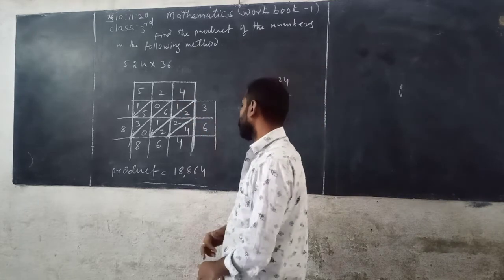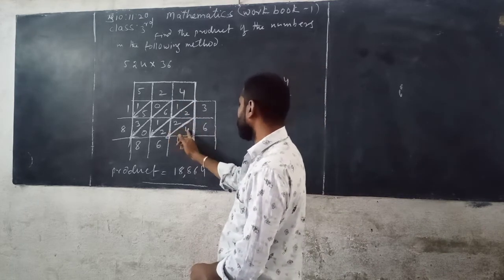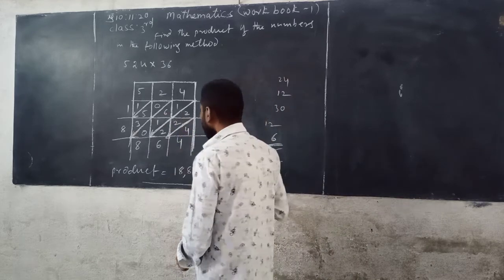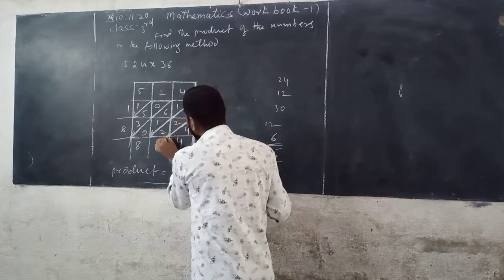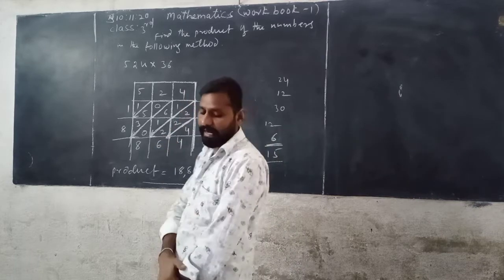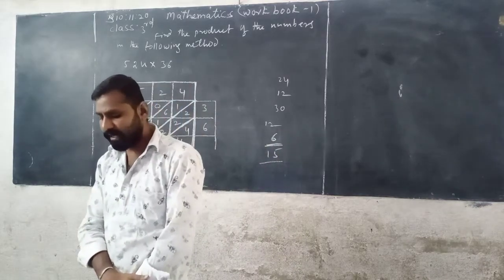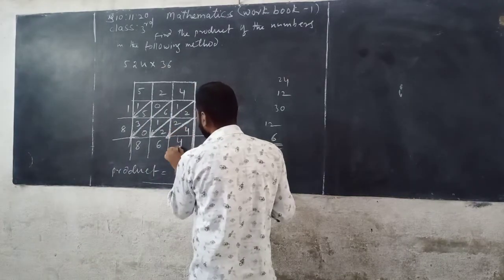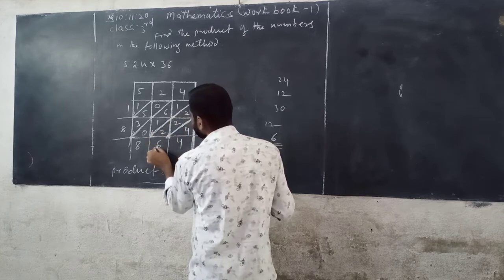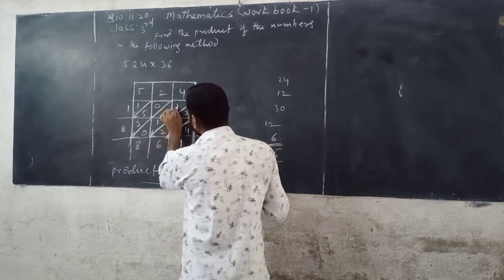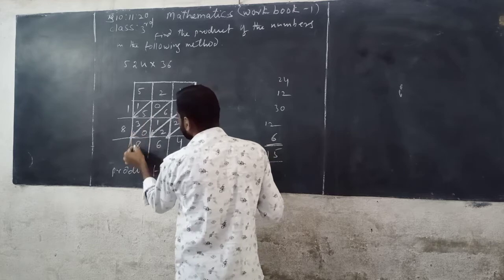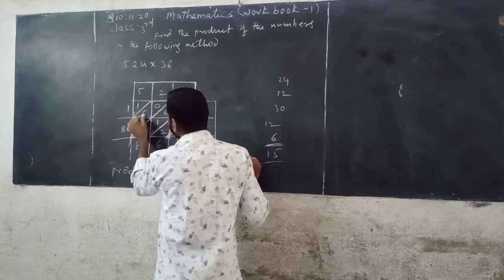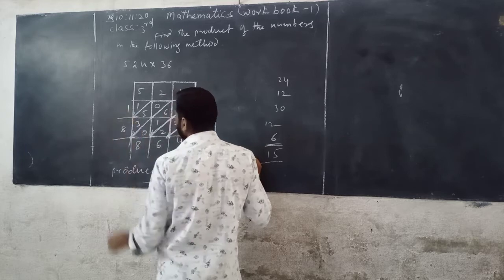So you can draw a diagonal, and now you can multiply 524 by 6. 6 4s are 24. You need to write 4 in this box below the diagonal, 2 above the diagonal. You can do like this only, and add the digits along the diagonals. So here only 4 you can write, and 2 plus 2 is 4, 4 plus 2 is 6. Now next we can write 1 plus 6 is 7, 7 plus 1 is 8, 8 plus 0 is 8. Now next, 0 plus 5 is 5, 5 plus 3 is 8. Now here 1.